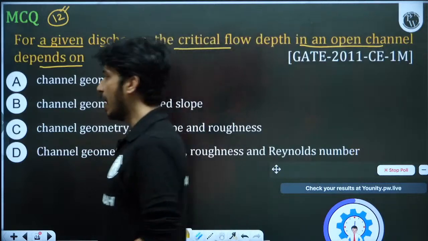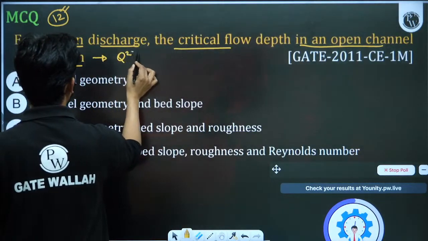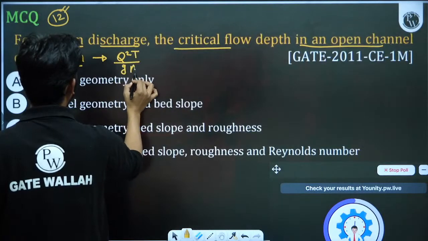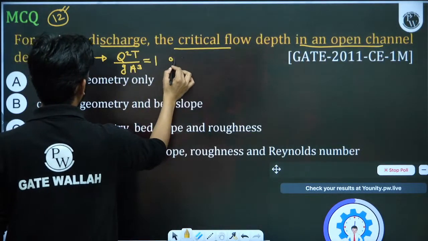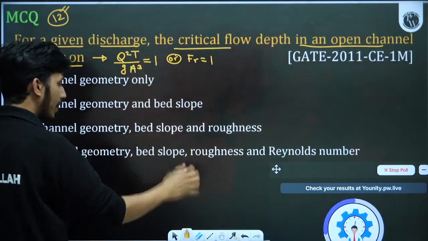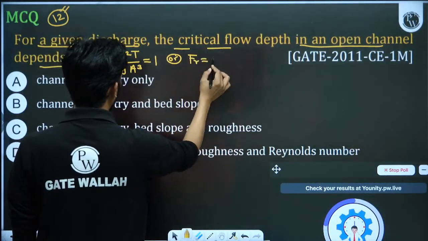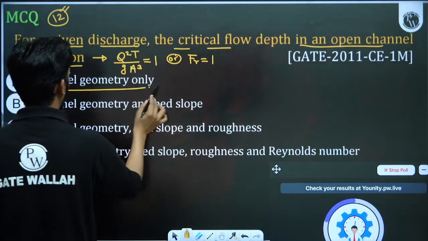देखो यहां पे कहीं रेक्टेंगुलर सेक्शन नहीं लिख रहा, तो हम डिस्चार्ज कैसे निकालेंगे, Q²T/GA³ इज इक्वल टू 1 करके क्रिटिकल डेप्थ निकालेंगे, है ना, और फ्राउड नंबर इज इक्वल टू 1। अब इन दोनों ही केसेस में कहीं पे भी रफनेस नहीं आता, कहीं पे भी बेड स्लोप नहीं आता, सिर्फ चैनल का एरिया, चैनल का टॉप विड्थ आता है, मतलब चैनल ज्योमेट्री पे डिपेंड करेगा ये, है ना,